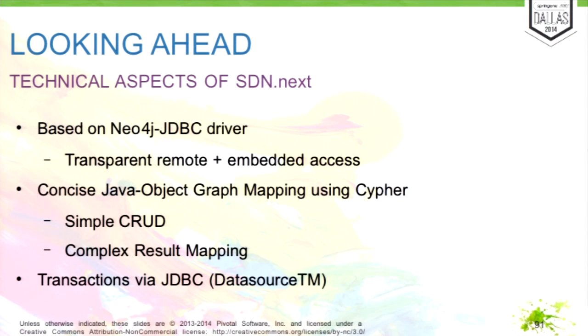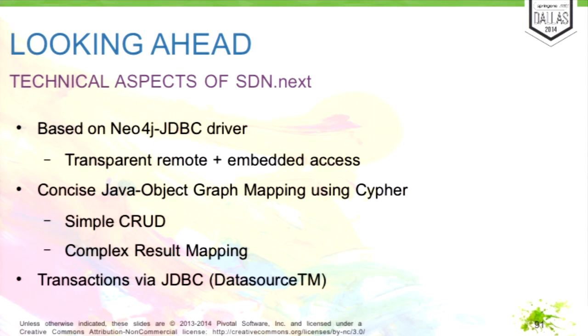And so it will be a three-level architecture, more or less. On the bottom, we have the Neo4j JDBC driver, which is already available now, so you can already use it. It provides CYPHER integration with the embedded database, with in-memory databases, and the remote database. It provides transactions with embedded and remote databases. So that's already a really convenient way to build simple applications with Neo4j.